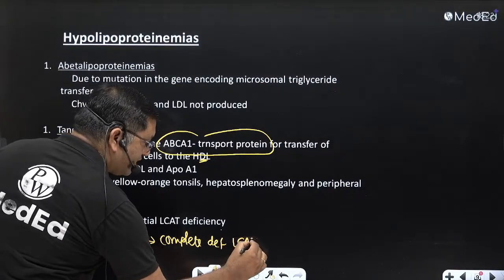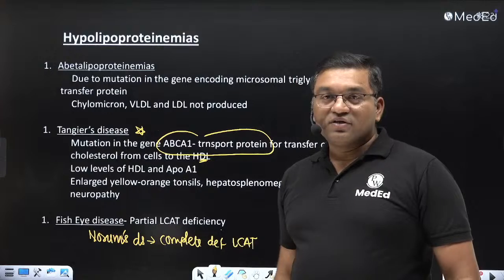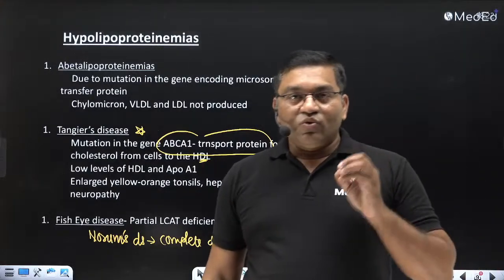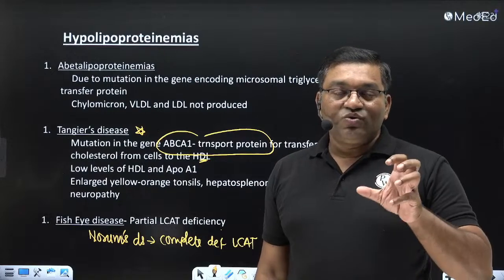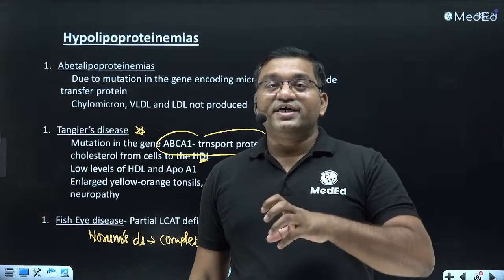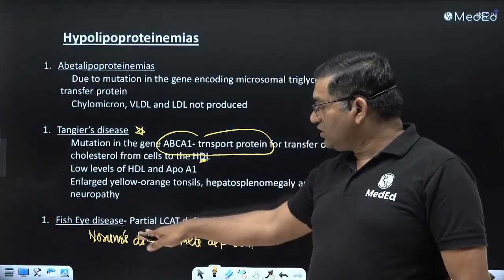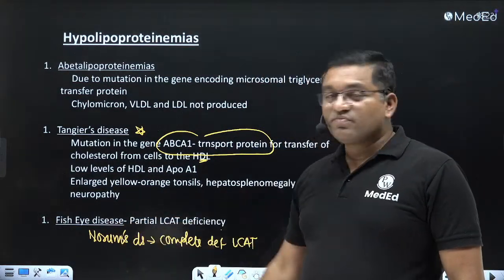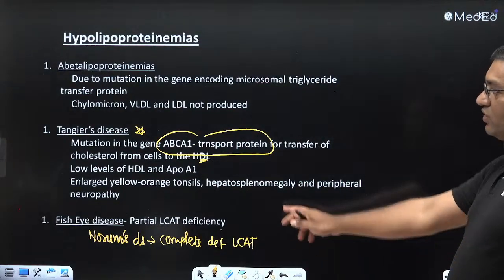What is the role of LCAT? Lecithin cholesterol acyl transferase. It is important for the esterification of cholesterol, and cholesterol is converted into cholesterol ester. Now this lipid moves to the interior of HDL, which causes spherical HDL formation. So LCAT is important. Partial deficiency causes fish-eye disease. Complete deficiency causes Norum's disease. So this is important in